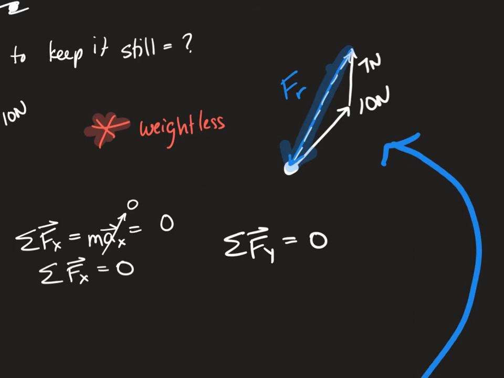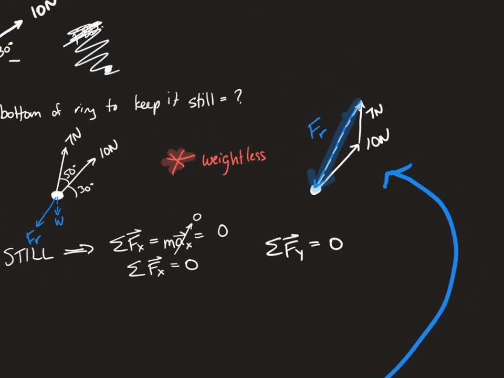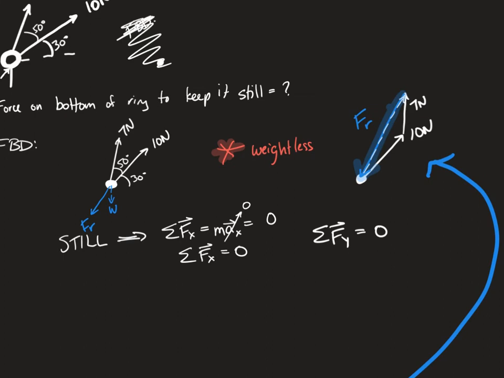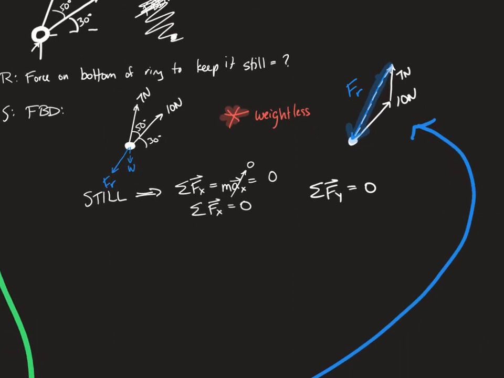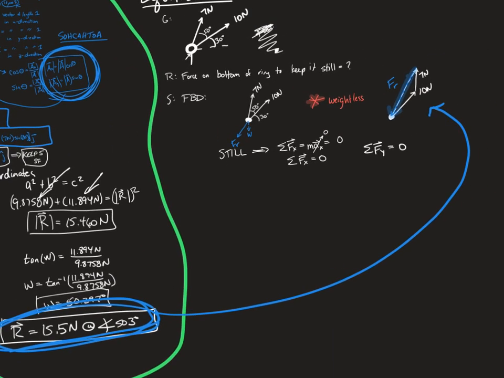So Newton's third law: for every action there's an equal and opposite reaction. These two ropes are pulling on this thing up and to the right, so whatever's holding on to the bottom of the ring is going to pull in the exact opposite direction. So this makes this problem nice. We're going to step up to the plate and say, well, the resultant,